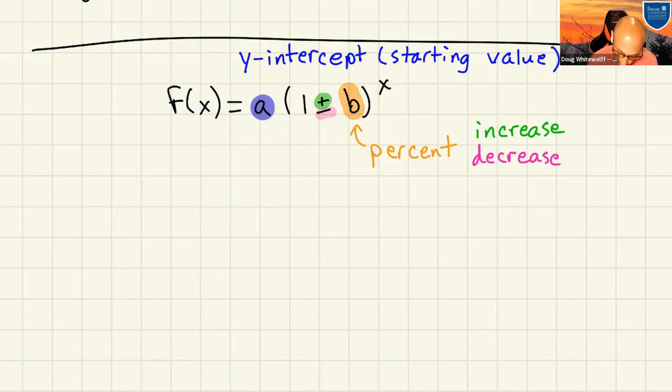And then I think in all of these situations, x is going to be based on time, some amount of time that has passed from the beginning of the situation. Okay, so that's really the basic layout for